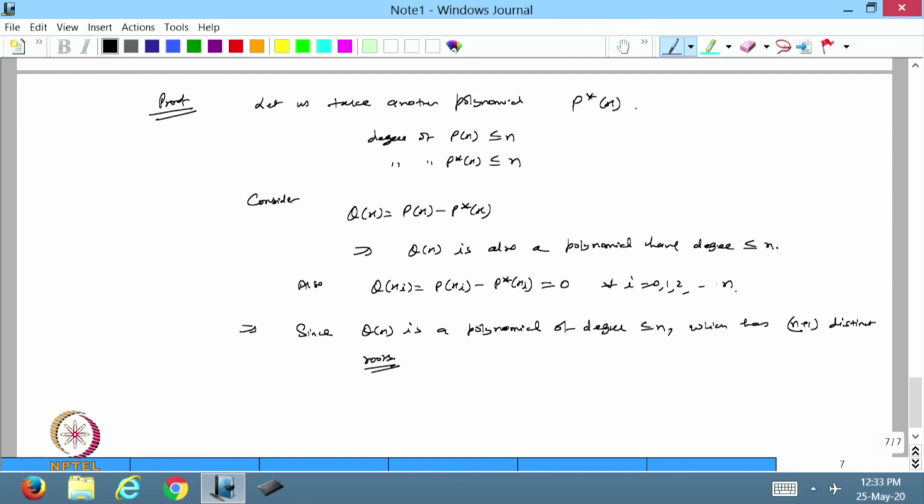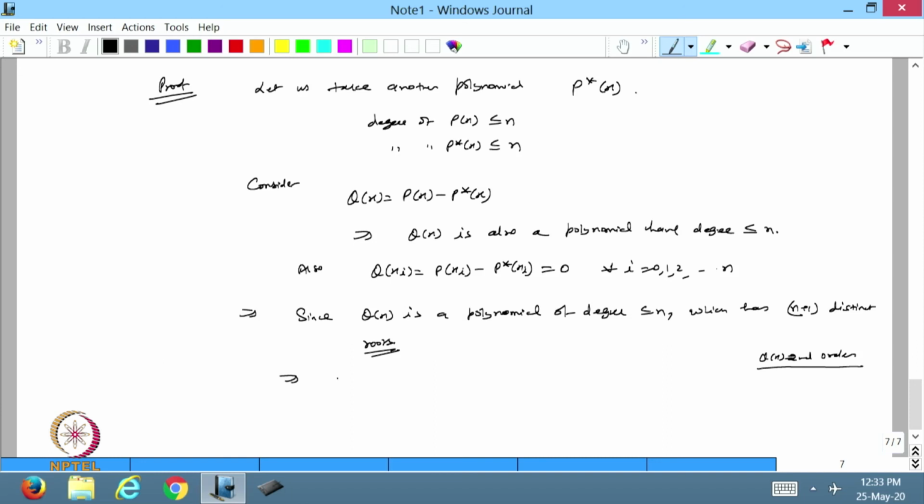So in this case I have n plus 1 points that are the roots. Suppose I take n equal to 2 and my q x is second order. I know that a second order polynomial has at most 2 roots. But in this case it is going to have 3 roots. So that is not possible,